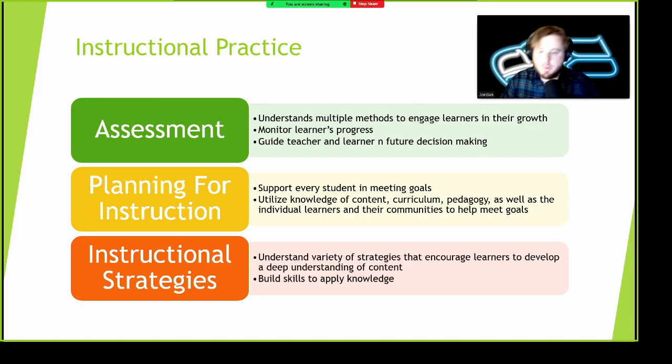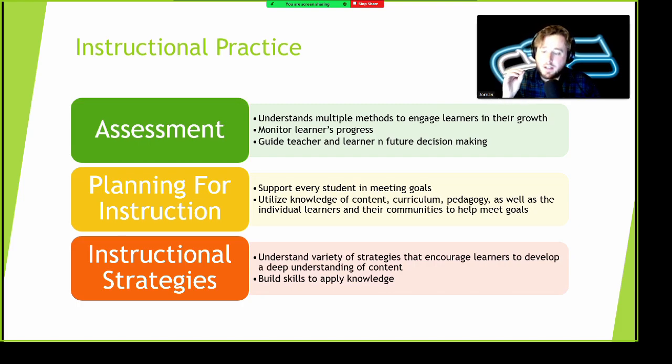Right. Well, the assessment phase of education is a difficult one because some learners will become discouraged when they get a bad grade. You need to be able to guide them and give them a path forward if it comes to that sort of point. And when planning for instruction, we need to support every student in meeting their goals. So that's what we kind of come back to doing through treating every learner as, it's going to be really hard to adjust to learner instead of student.